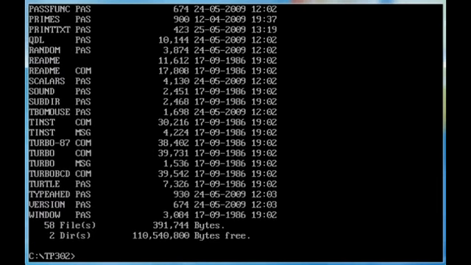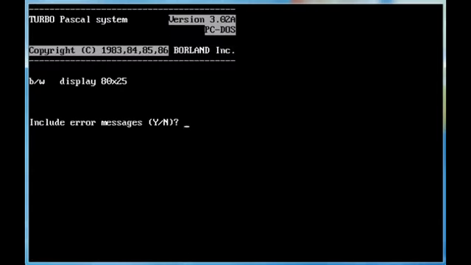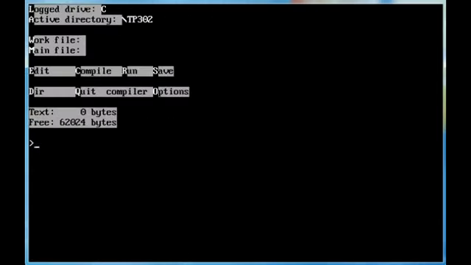Now you can get this compiler from my website, of course. It's completely free now, because it was profitable a long time ago. Turbo. I always include the error messages, work file, hello,